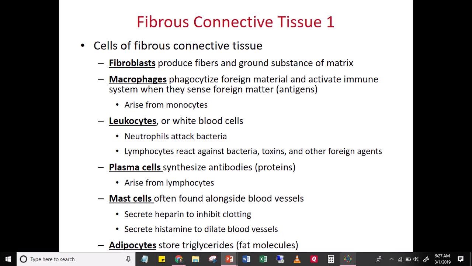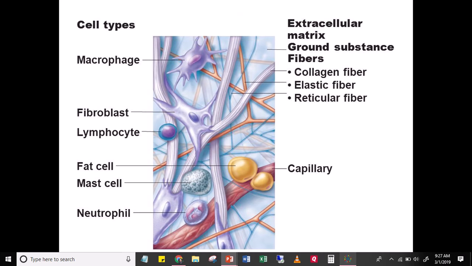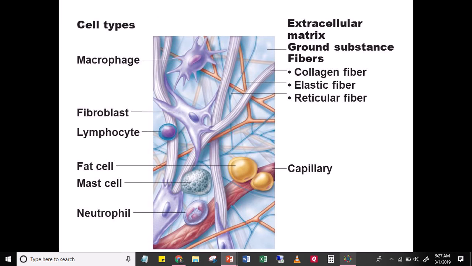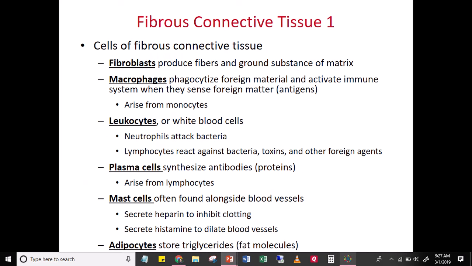Wow, there's a lot on this slide. We're going to camp on this for a while, and then we're going to skip ahead and look at the cell type. So I'm going to be oscillating between the names of the cells and looking at the cells. So first we have fibroblasts. When we think of fibroblast, blast means to build. What does this cell build? It builds